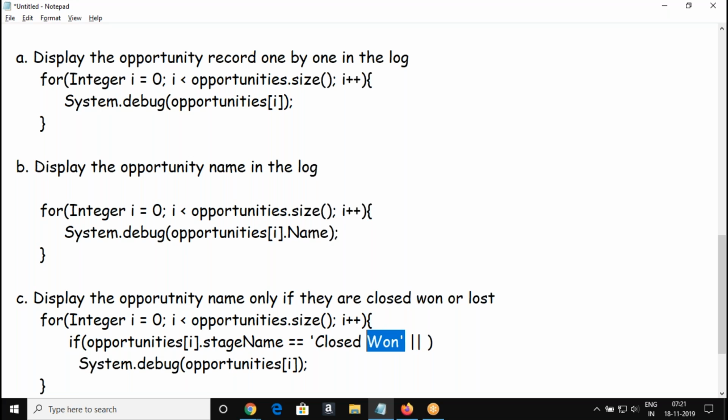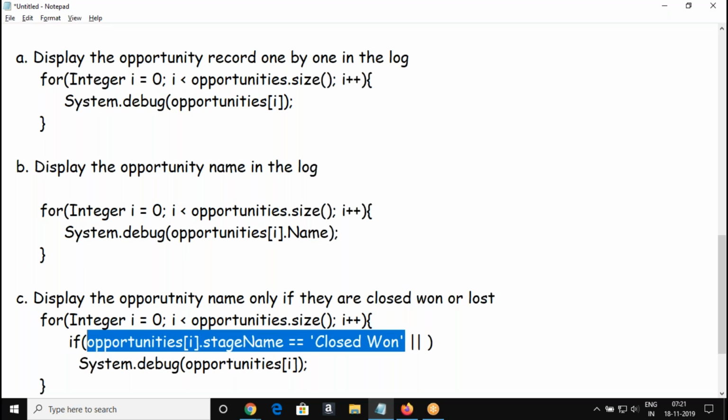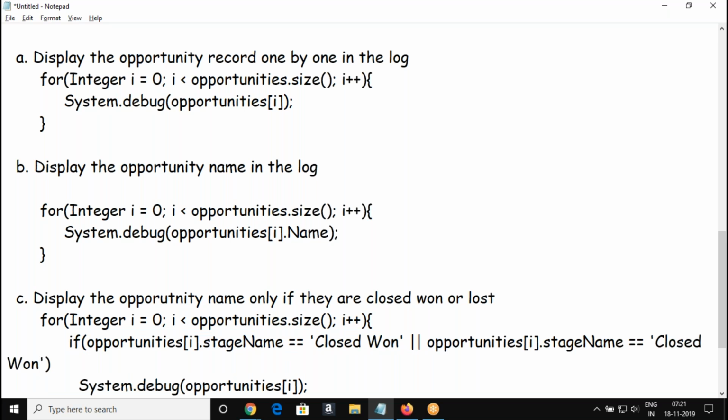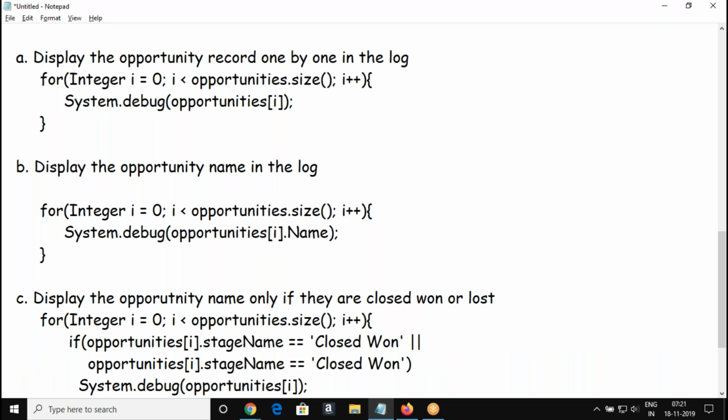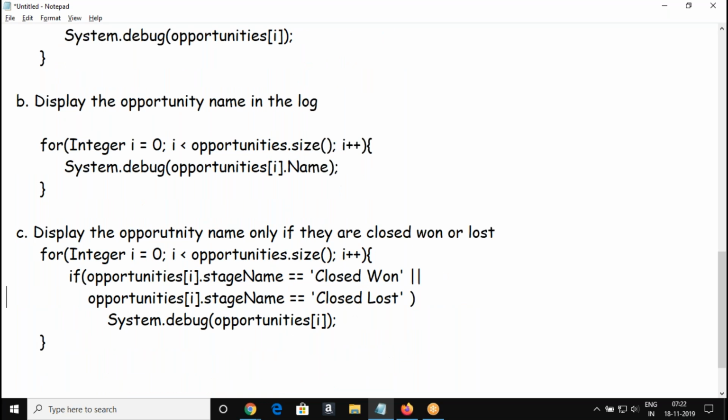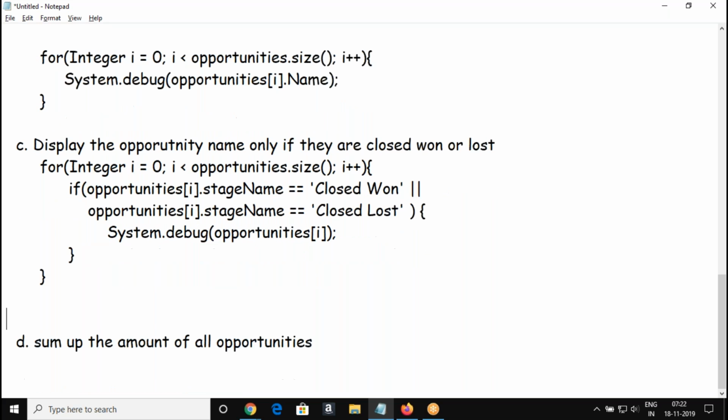Again, we're going to repeat this. There are two conditions, and this one for closed lost. So closed won or closed lost, then display the opportunity. Got me? If you have only one statement, you need not use the open and close braces, but it's not mandatory. Optionally, if you want, you can use the open and close braces.